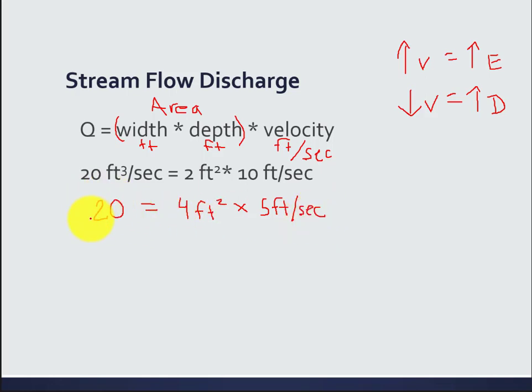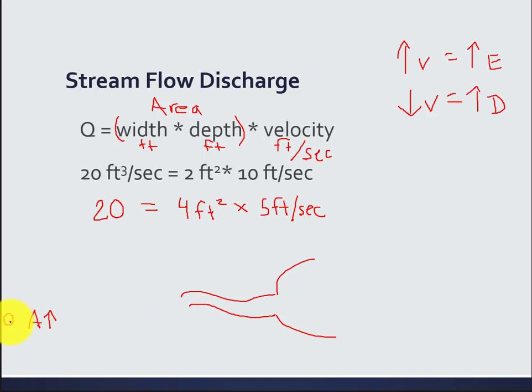So if we keep this the same and the area goes up, velocity is going to go down. And that is important because when water flows into a large body of water, what happens to the area? So if we think about it like this, we have a stream flowing into a lake. What happens to the area here? The area goes up. So if area goes up,